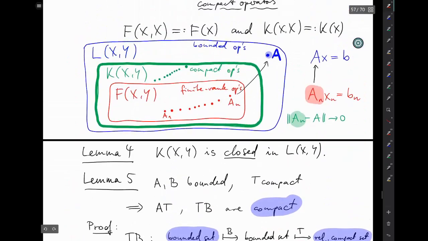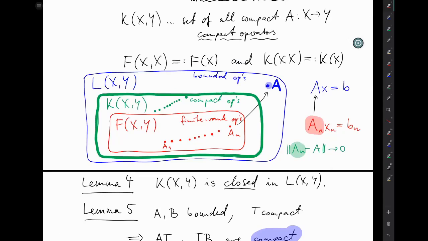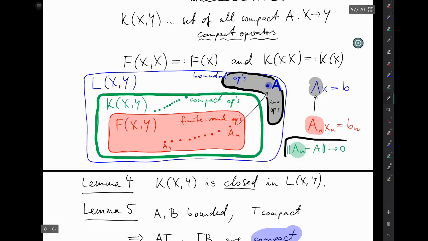So what have we just learned if we take all of this together? Well, in the last lemma, we have learned that the invertible operators, like the A we care about, are outside the compact operators. So the invertible operators are disjoint from the compact ones, maybe here. And on the other hand, the operators that we can store on a computer are certainly finite rank operators, and these finite rank operators are always compact operators. But on the downside, using the convergence by operator norm, we cannot cross this green boundary. So using our finite rank operators and operator norm convergence, we will never be able to reach an invertible operator out here,